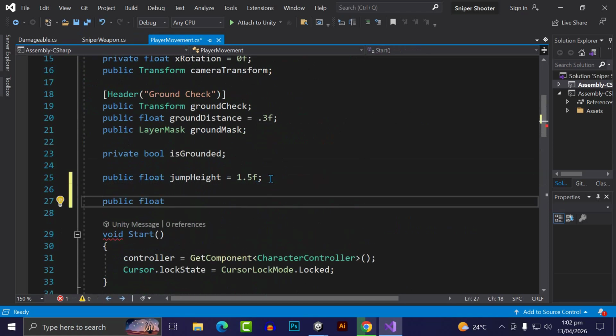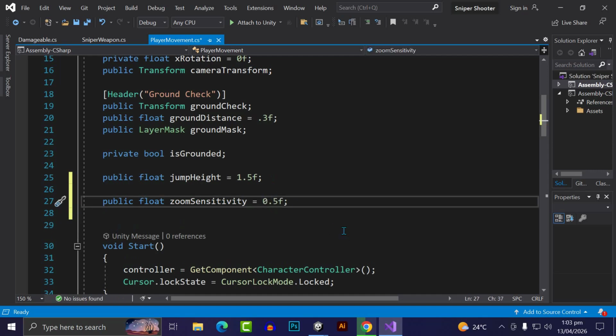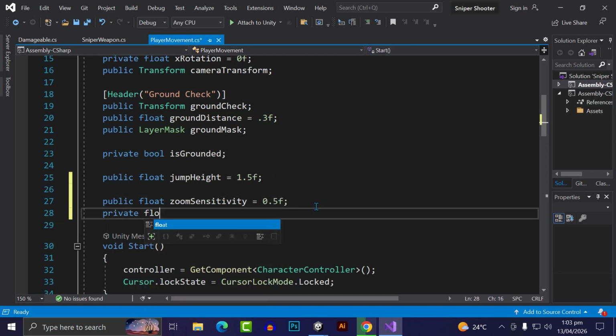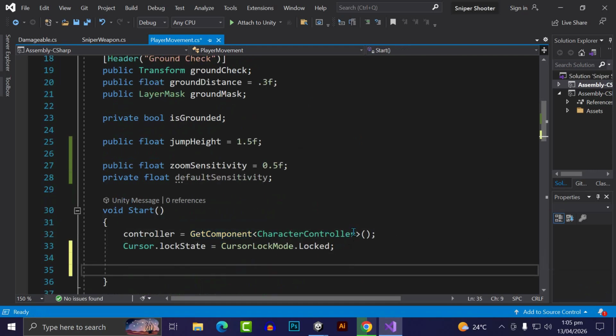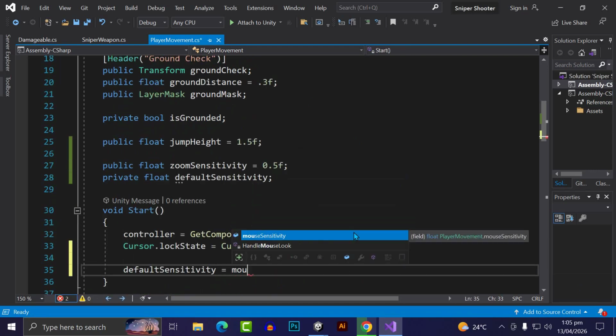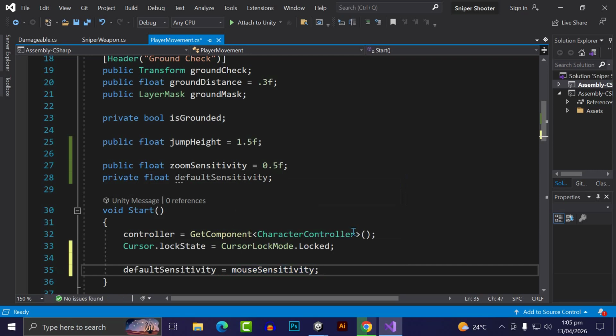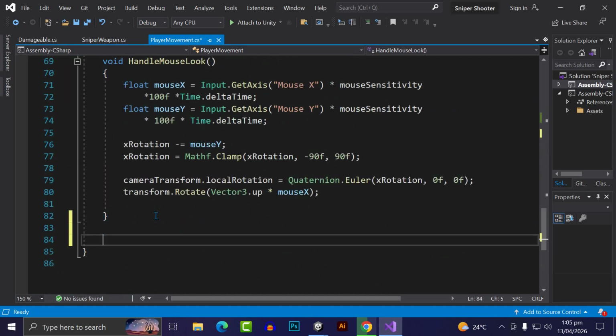So in the player movement script, we will add a zoom sensitivity variable, and normal sensitivity will be a little bit different. So when we are in scope mode, we need a small sensitivity compared to the default sensitivity, and in the start function we will add default sensitivity equal to mouse sensitivity, and then we will go to the